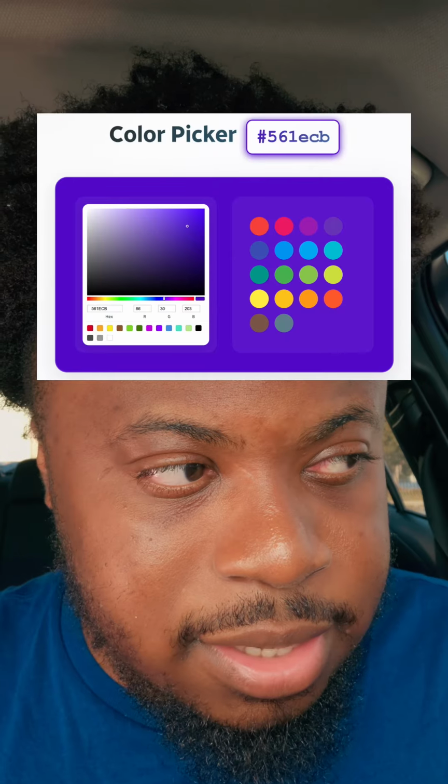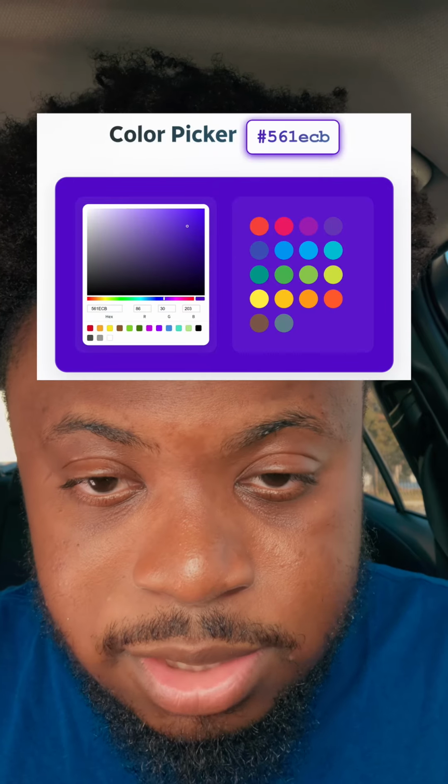Okay, so the next tool is our color picker. This is one of our most simple tools. This is basically just a bunch of colors, and then it'll tell you the hex code. You can look around you in real life to find different colors,